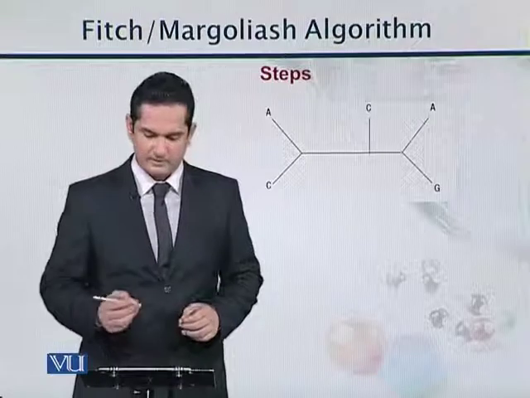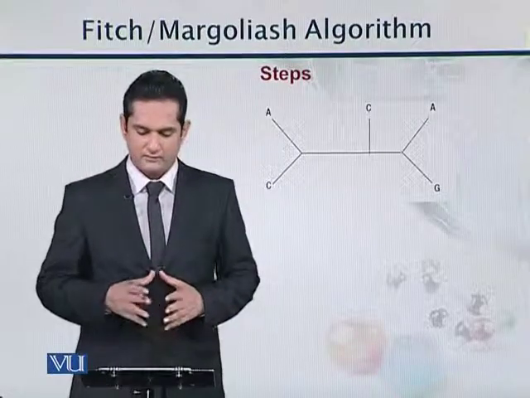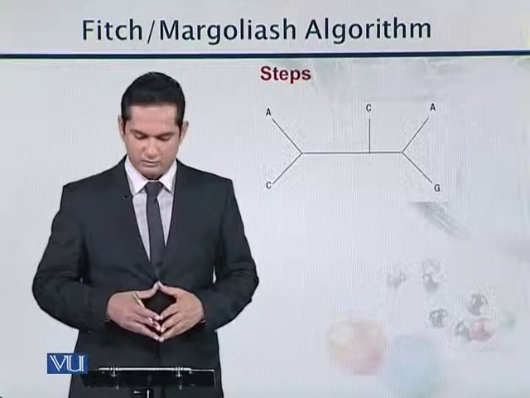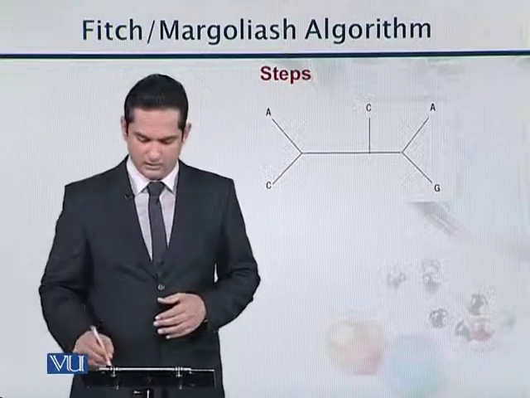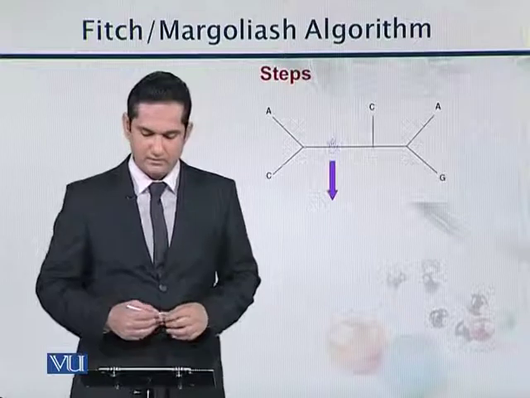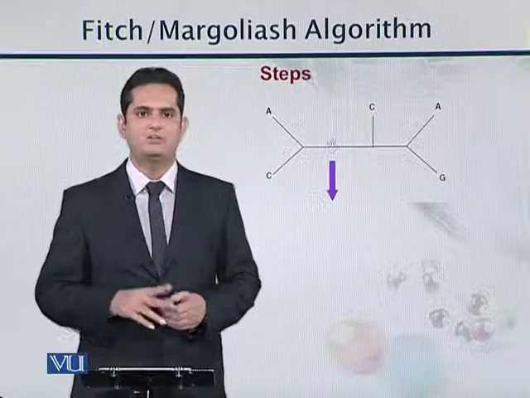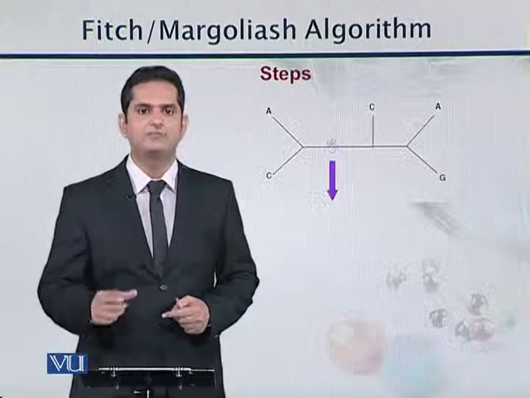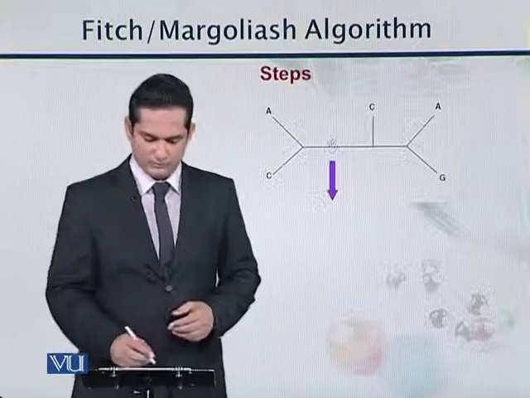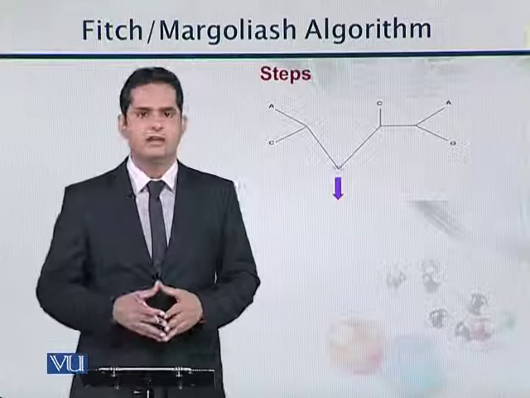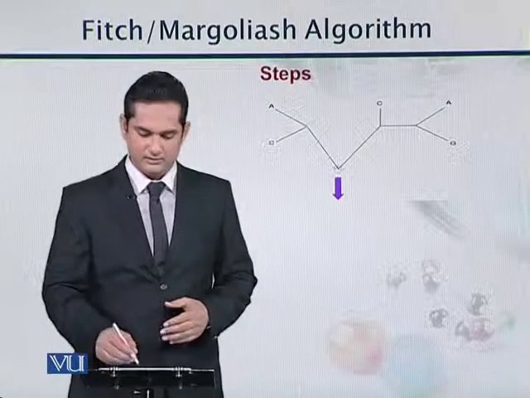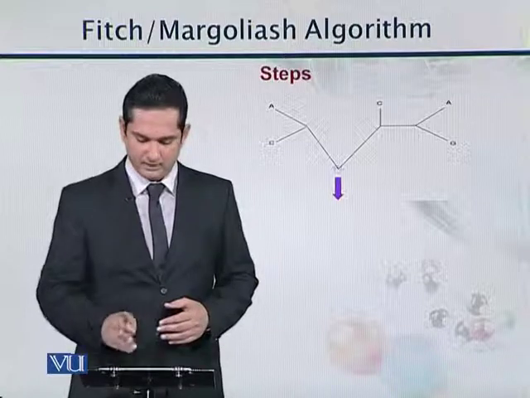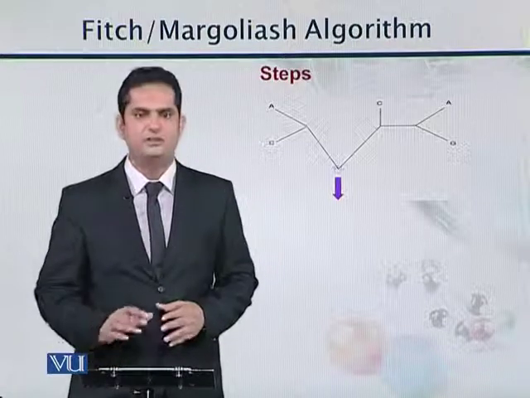Suppose we have a tree which has 4 different nodes A, C, C and G. So what we can do, step number one, is take this position randomly, as shown by hand. We just take this position randomly and we say that this is our root node. So first we break this tree like this. Now we can see that this arrow is showing the root of the tree, and on one part there is A and C, and on the other part C, A and G.